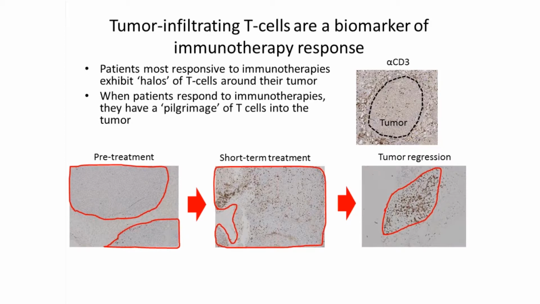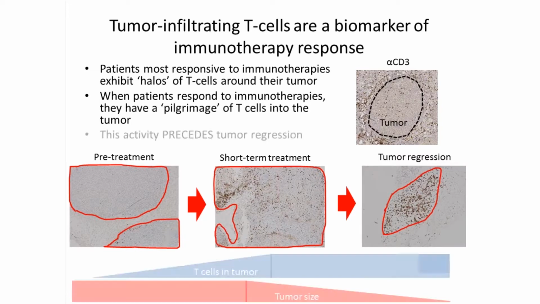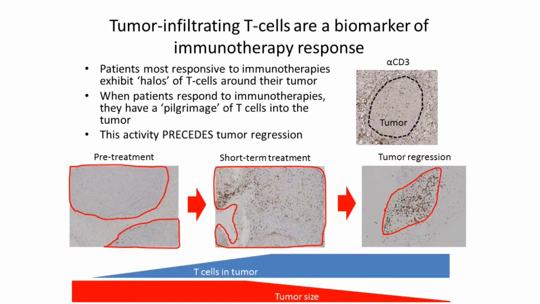And so when we use these new immunotherapies, and these are some more pictures at the bottom of the same sorts of tumors, beforehand we have very few T cells. In the pre-treatment on the left, we have very few T cells in that tumor. But when we use immunotherapy against these tumors, you start to see more and more brown spots invading into that tumor region. And finally, after a week or two later, what you end up seeing is that the tumor shrinks down to a very small size,